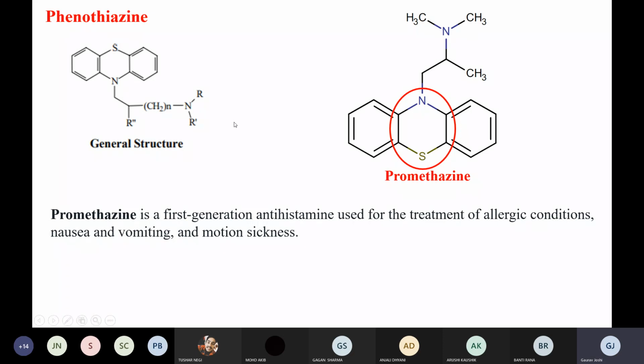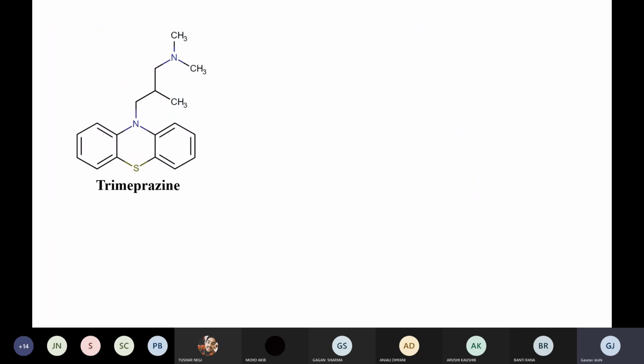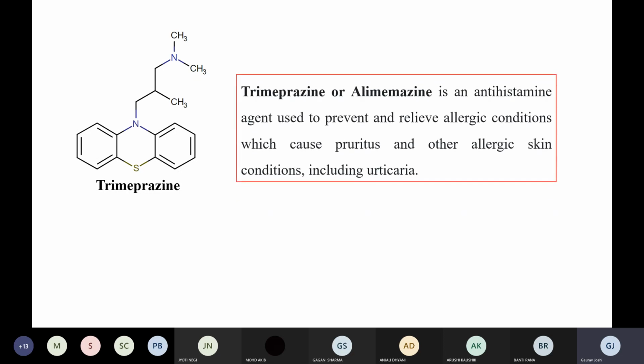So we were talking about this molecule. What we have done additionally is we have added a methyl group. So when we are adding a methyl group, what will happen? The molecule will become more lipophilic, right? So again, if the molecule is becoming more lipophilic, it can easily cross the blood-brain barrier, and it can elicit some other activities also other than the anti-allergic activity, right? The same thing is with this one. Basically it is used for urinary tract infection also, and it can also cause some of the other effects, right?